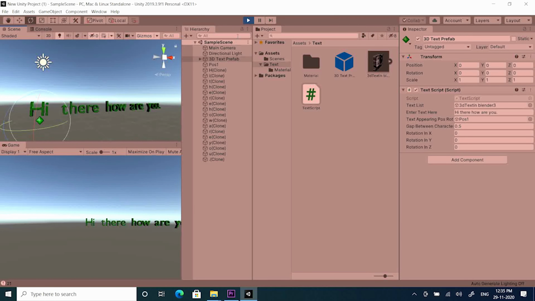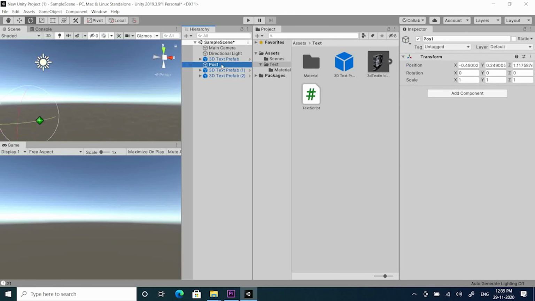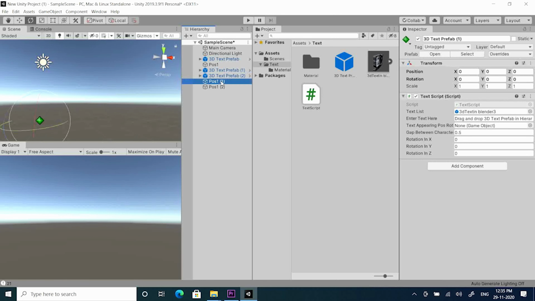We can also create many texts by simply dragging and dropping the prefab into hierarchy. So let's make 2 more texts. Let's also create 2 other empty game objects by duplicating pose 1. And then we drag and drop these game objects to the given slot. Same like we did for the first time. Let's change individual text.